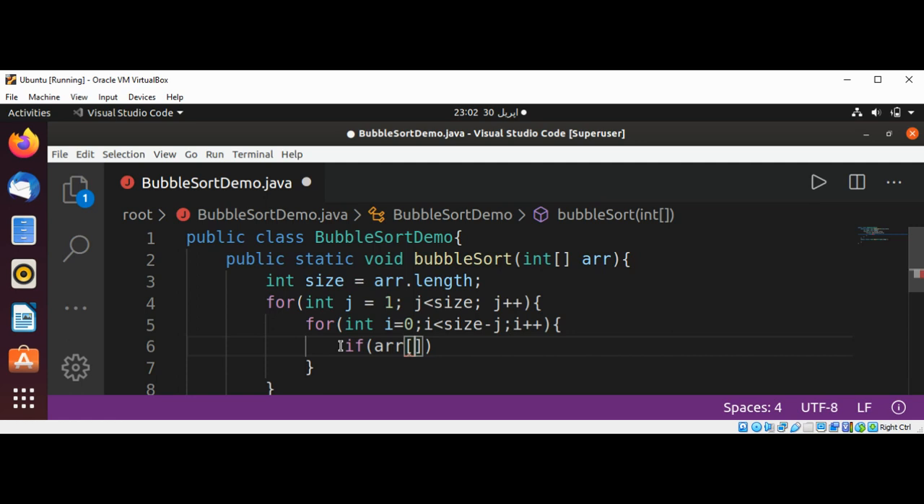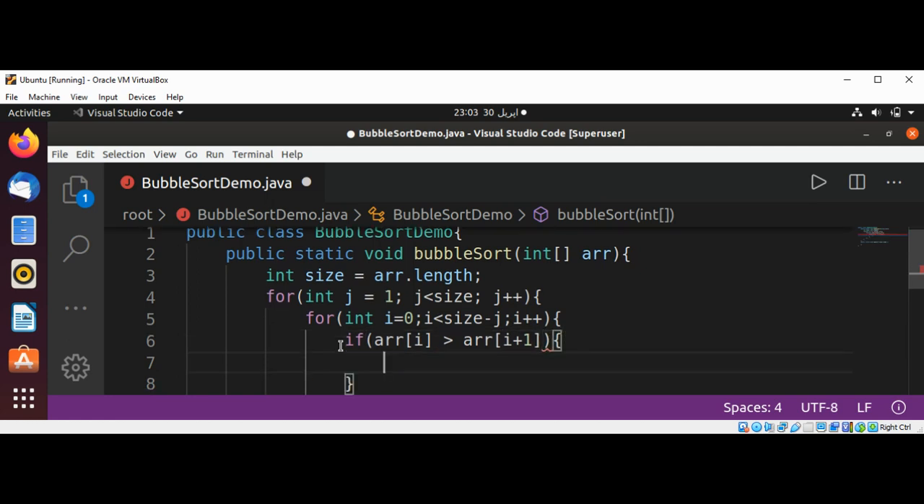Our arr[i] is greater than our array's next element, i plus 1. Then we need to swap the elements, and we need a temp variable where we are going to save the temporary value, and use our array. This will be i plus 1. So we are going to, this will be i,